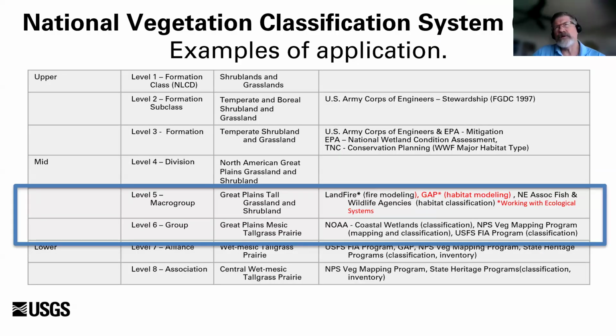And what we map to, and what Landfire is working on, is doing land cover maps at multiple scales. They use the National Vegetation Classification System, and it's a hierarchical approach. But we are looking at the macro group area or the group area, and those are still kind of broad land cover types, but they're specific enough that we can associate species with them, and we can map them from remote sensing.